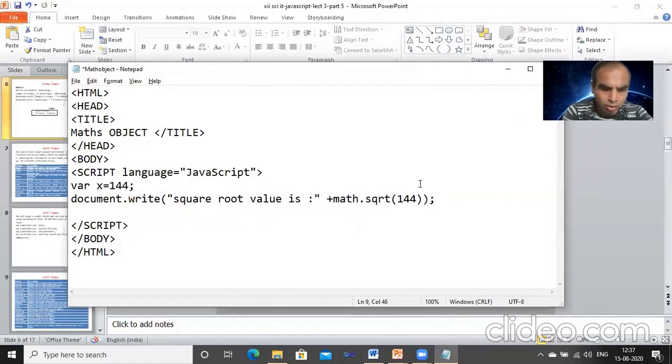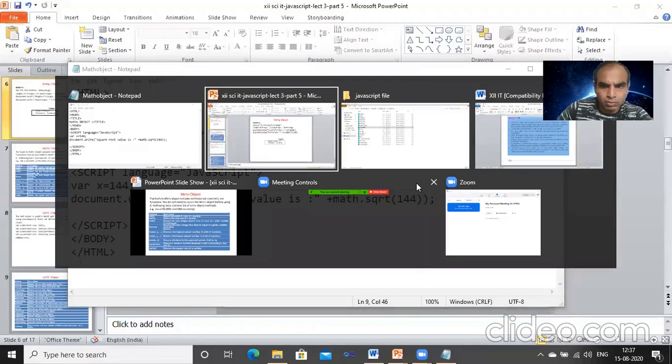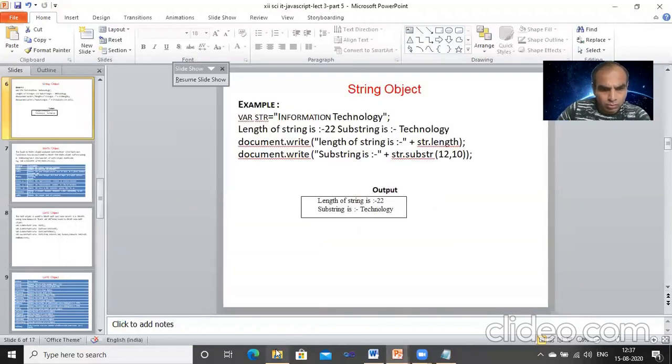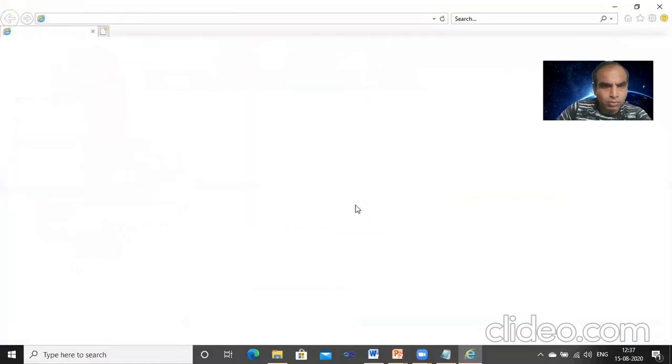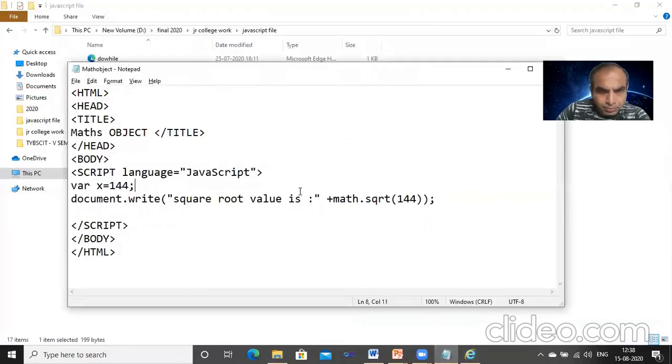Math dot square root, save. Let's see. X is equal to 144, the variable declaration is there. Then afterwards document, square root of the value is there. Meaning the two strings. Then we have to write Math with a capital M and square root.